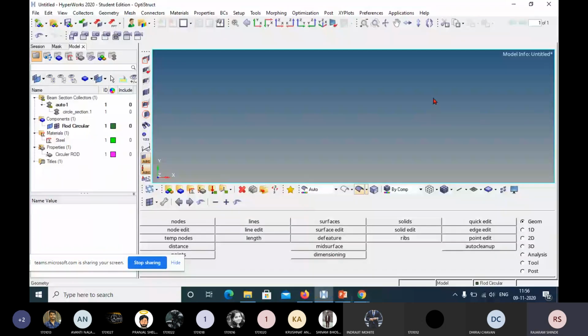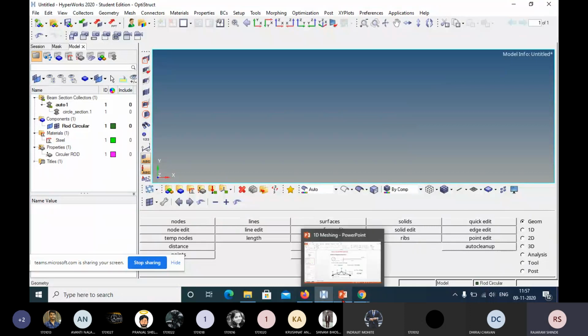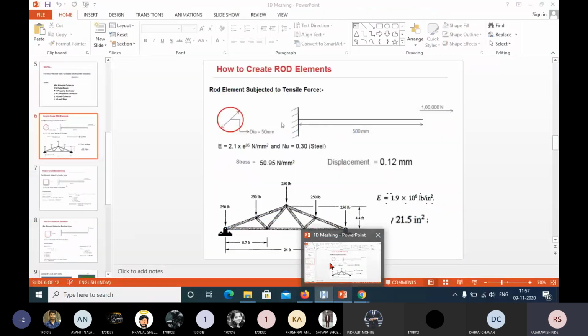Whether this HyperMesh window is visible or not. Preeti Digare: Visible, sir. Okay, now first I am going to create the nodes. Okay, now depending upon the length of the problem, I have to create the nodes.